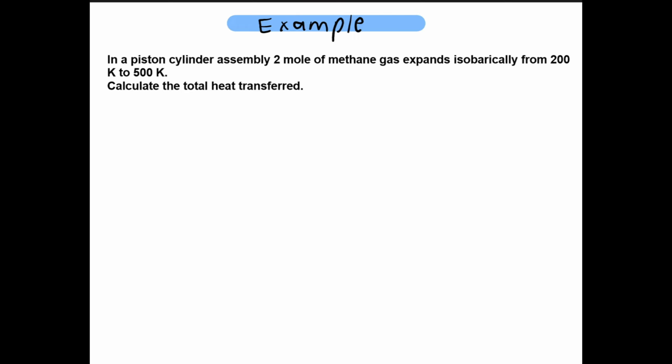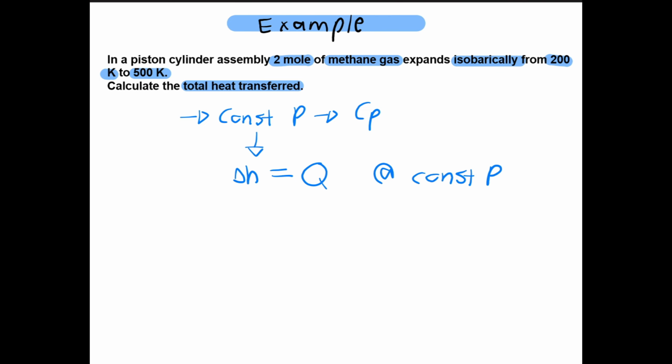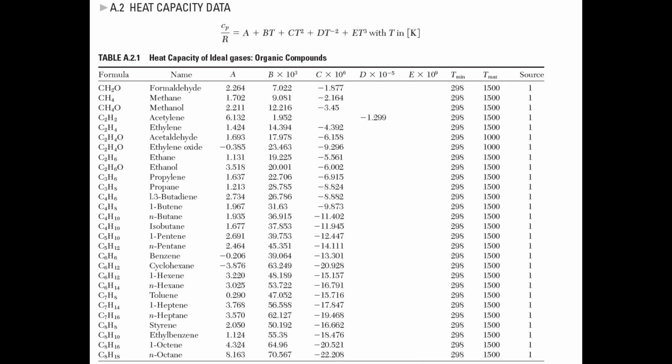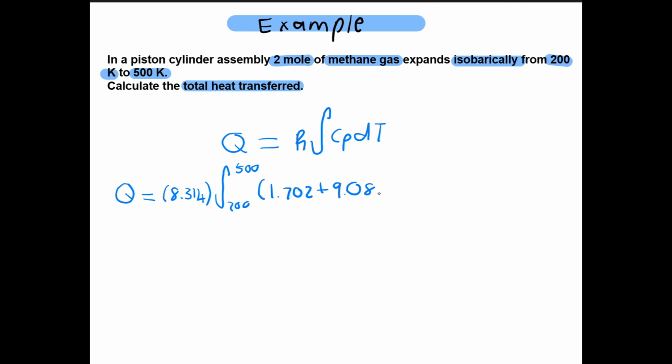Let's look at an example. In a piston cylinder assembly, 2 moles of methane gas expands isobarically, from 200 Kelvin to 500 Kelvin. Calculate the total heat transferred. Since pressure is constant, we know that the change in enthalpy is equal to the heat transferred, so we just use the enthalpy formula. We go to our heat capacity table and find the values from A to E for methane. We plug in our values and get a positive heat of